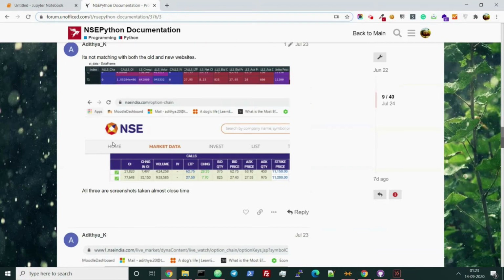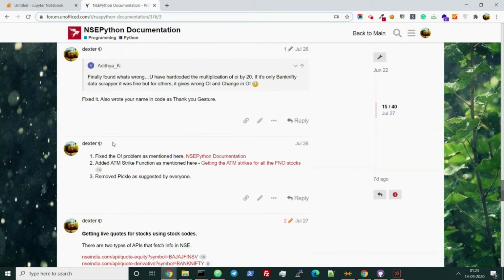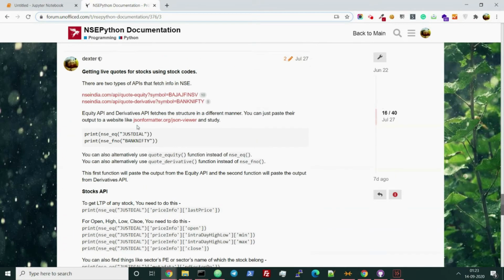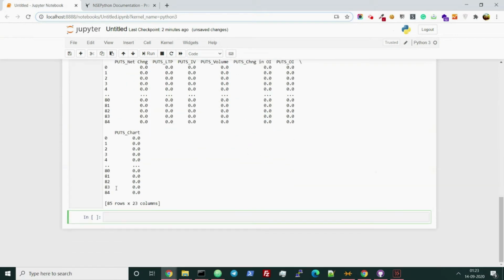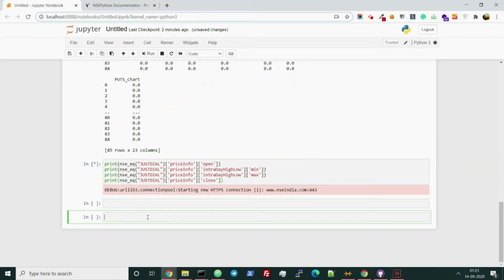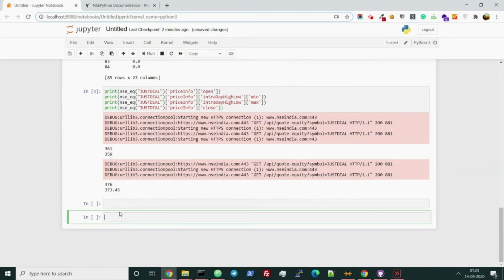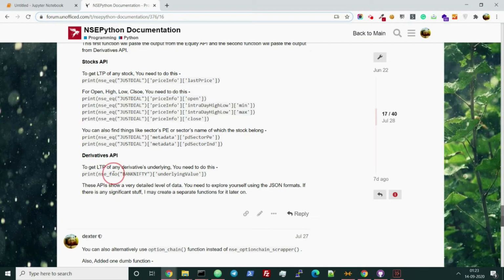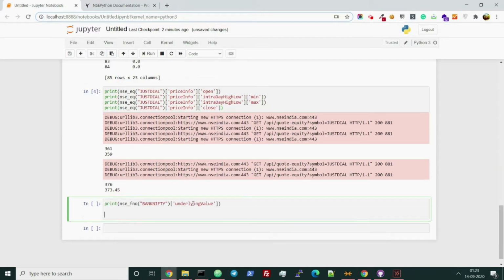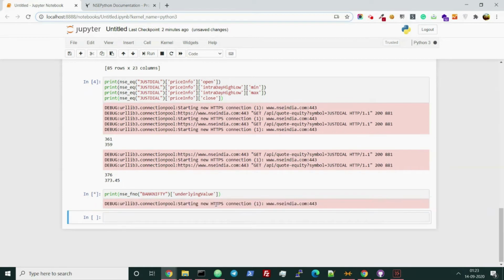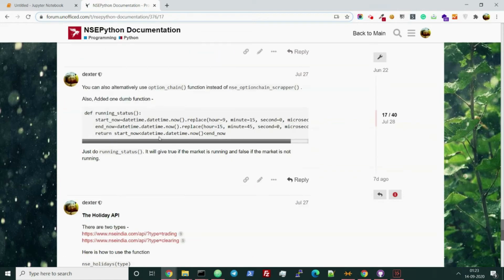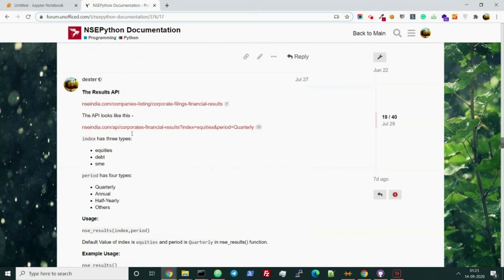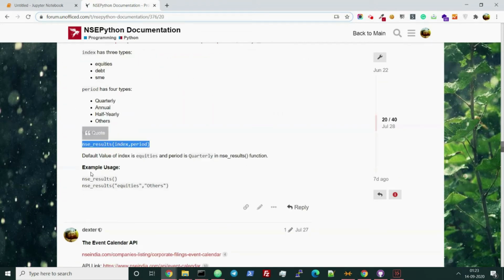There are so many commands and it is developed by the whole community of Aeonfist. And there are so many inputs, and see, all these things will work. Nifty underlying value, we shall be using this command in our project. So I want you to see the documentation and see one by one what is happening there, what other codes are there.